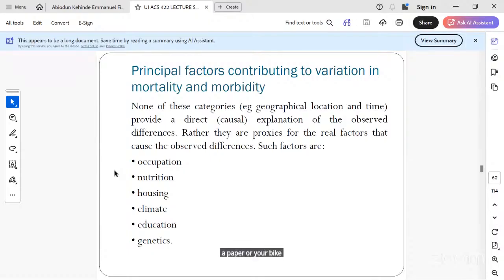So the risk that the pep man or the bike man is facing is far, far, far higher than that worker that works in the central bank, who is likely to be in an environment that is well organized